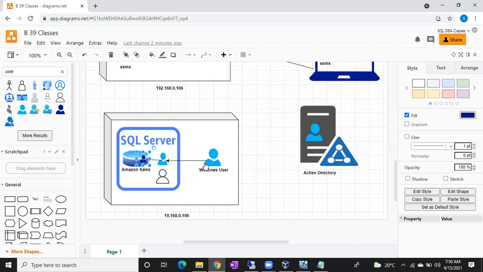If anyone deleted the database user, Srinath cannot access the database. If anyone deleted this Windows login, Srinath cannot connect to SQL Server. If anyone deleted this Windows level user or Active Directory level user, again Srinath cannot connect to SQL Server. Clear guys? Clear or not? Let me know.